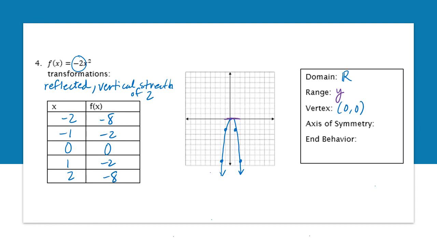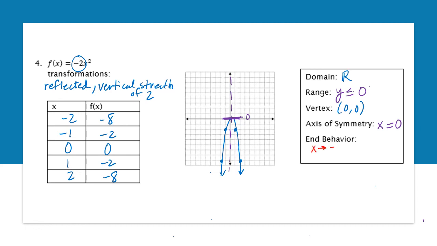I now have a highest point, which is right here at y equals 0. So I know that I'm going to use 0, but now this time, because all of my values are 0 or smaller, I'm going to say that y is less than or equal to 0. Axis of symmetry, same deal as before. X equals the x value. And so if I put in this vertical line at 0, you would see that it goes right through the middle of my parabola. And then for end behavior,